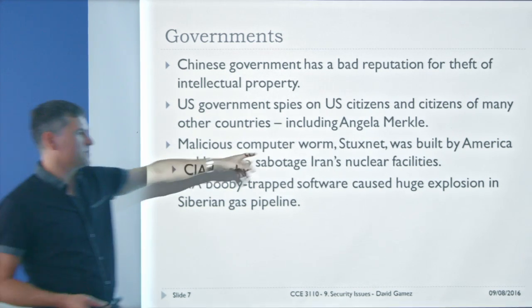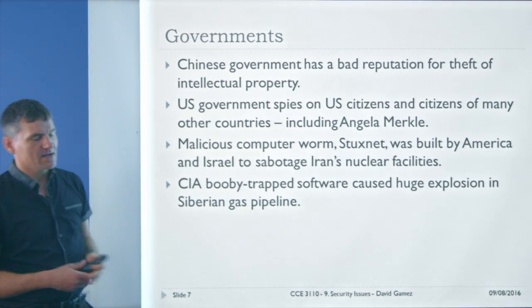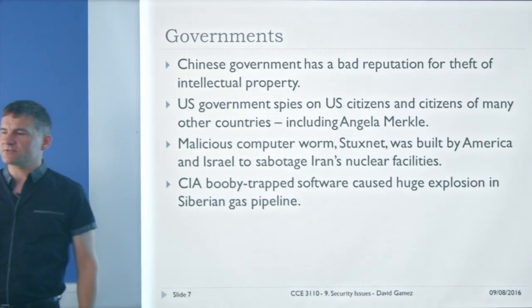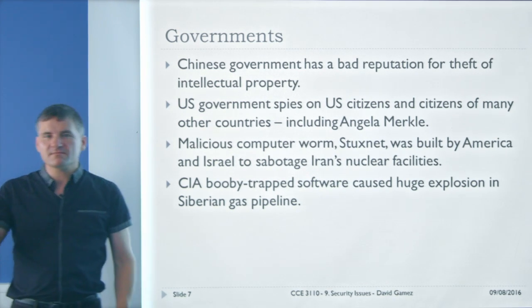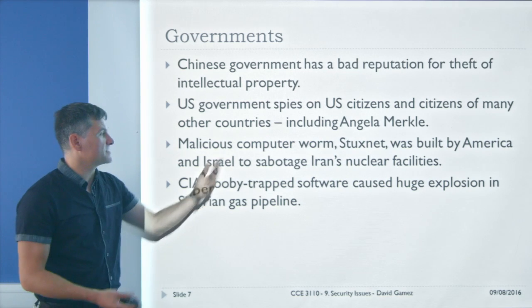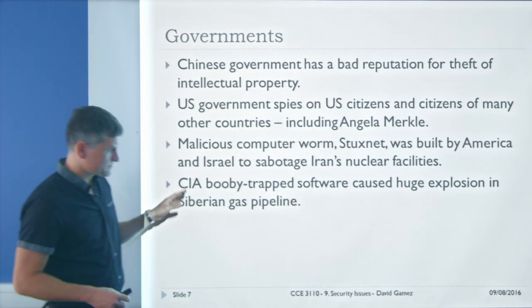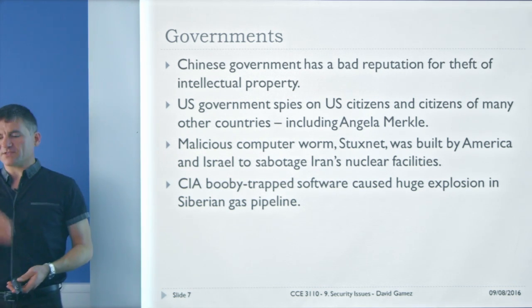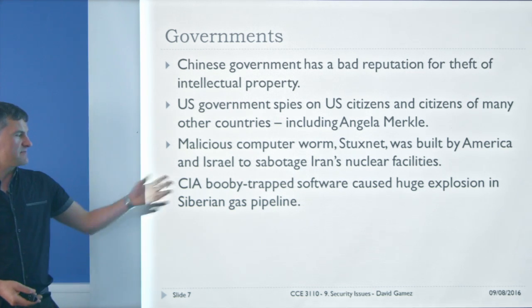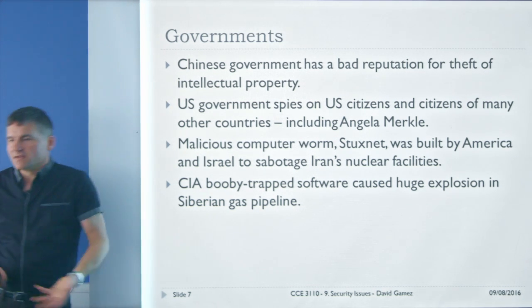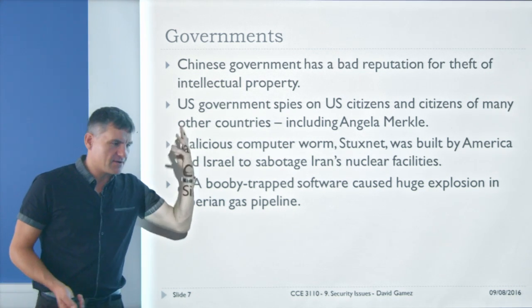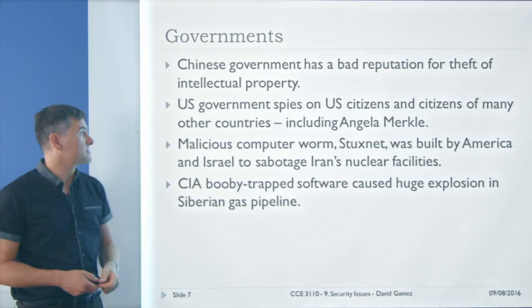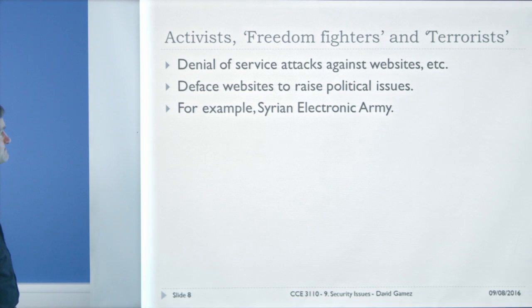Governments even go to the trouble of releasing malicious software to sabotage facilities in other countries. So there's this Stuxnet worm, which was thought to be built by America and Israel. I think it was infected USB drives that they distributed for free at some conference to Iranian nuclear scientists, and somehow this worm made its way into their facilities. I think, don't take that as gospel. And a while ago, I think the Russians were stealing software from the Americans, and the Americans knew this, so they changed the software, and it caused a massive explosion in the Siberian gas pipeline. So there's all kinds of dark stuff going on, and I don't doubt that the government is spending an awful lot of money working out how to crack into any old version of Windows you like, or any old version of Linux you like, or any version of iOS you like.